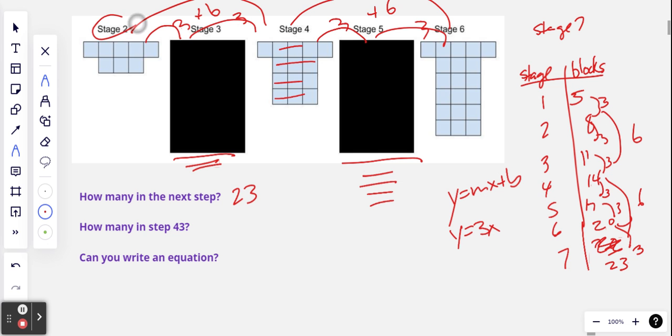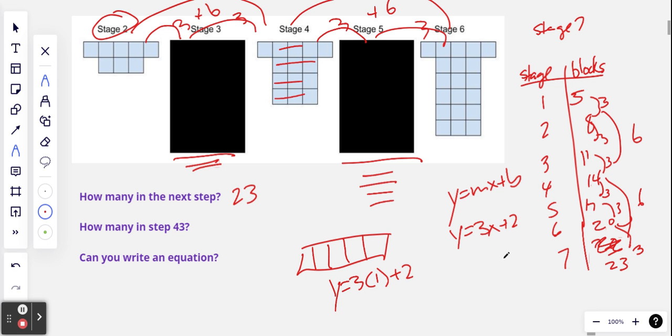But be careful, this is not the first step. Our first step has 5 blocks in it. So stage 1 is just going to look like that. And if we put y equals 3 times 1 here, that would be 3. And there are 5 blocks, so we'd need 2 more to get to 5. So our b in our equation is going to be a positive 2,